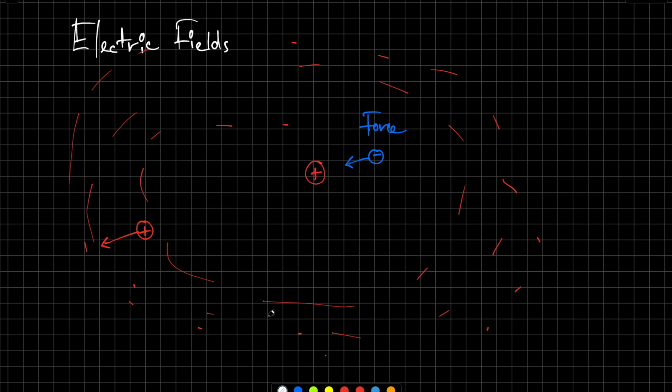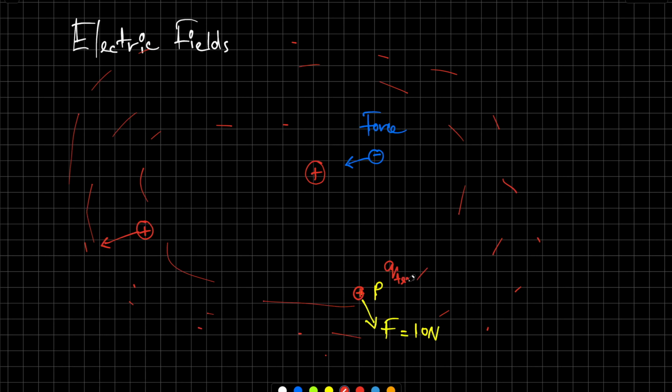Now, how do we measure this electric field? Let's say we want to measure the electric field at this particular point, P. To measure the electric field strength at this point, I'm going to place a very small positive test charge at this point. And I'm going to measure the force exerted by our main point charge on this test charge. Let's say the repulsive force experienced by this positive charge is, random number, 10 newtons, and this positive charge has a magnitude